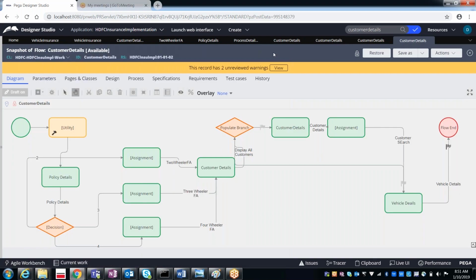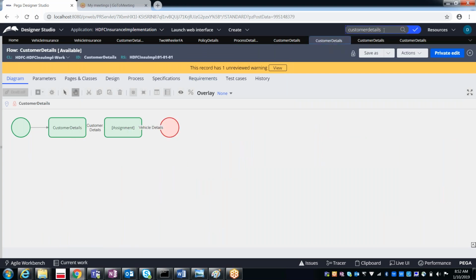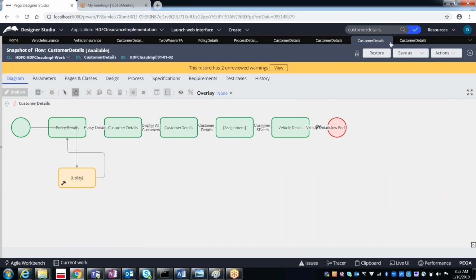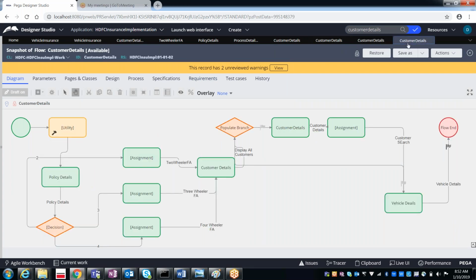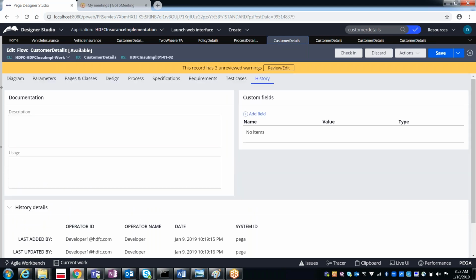See, every time, as many times as you checked in, for each and every check-in and check-out, you can see what all the changes are. So this is the first time, this is the later one, this is the one after that, and this is the current one. The highest, latest changes are on the current one, like this.